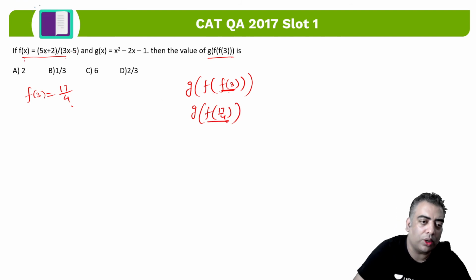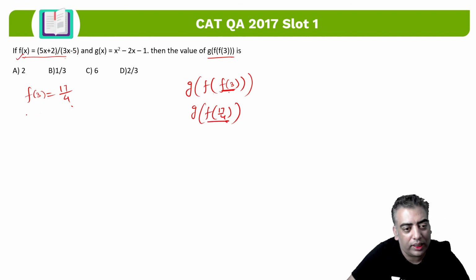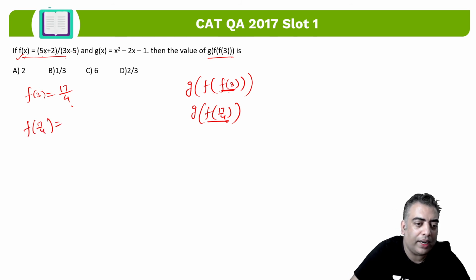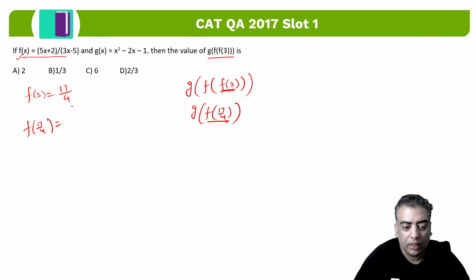Again, in order to solve it, put x equal to 17 by 4 here. So it becomes 5 into 17, which is 85 by 4, plus 2, right? So try to do this calculation orally, it will make our job easier, because the 4 will cancel out from top and bottom anyway. So I just need to write the sum in this case, right? So can I say in this case it will be 5 into 17, 85, plus 8, which adds up to 93.